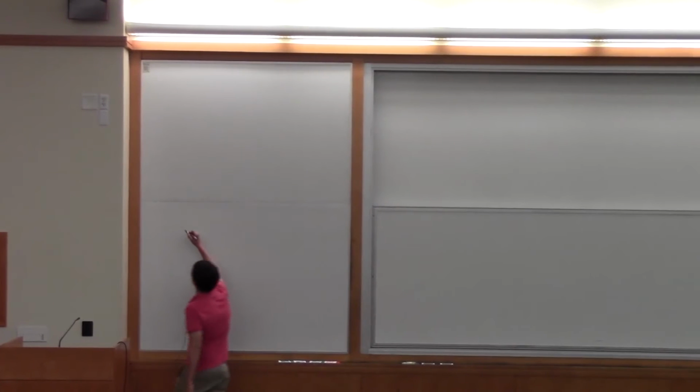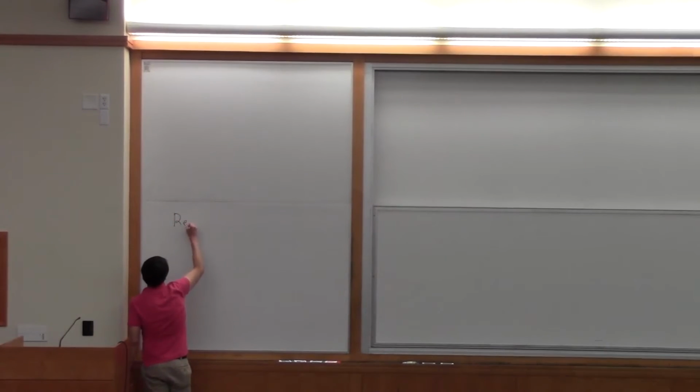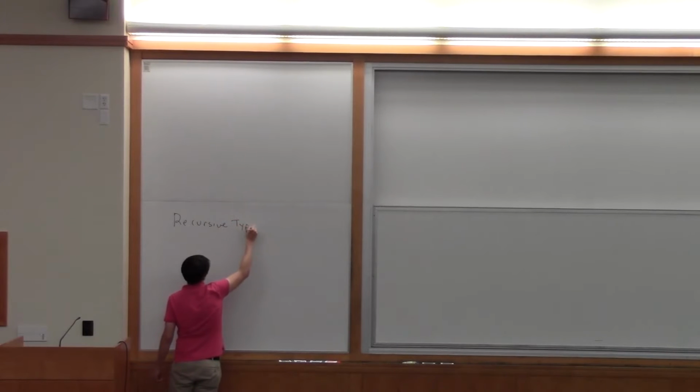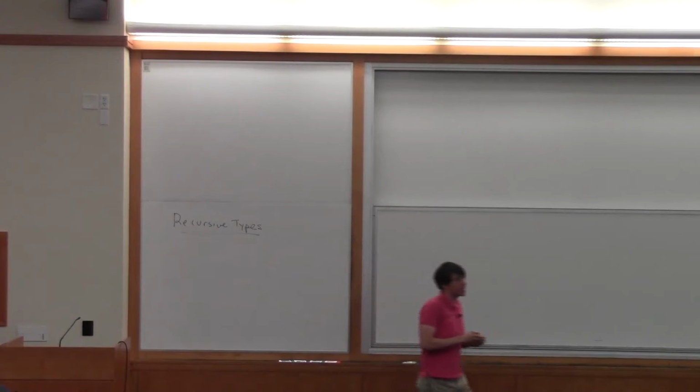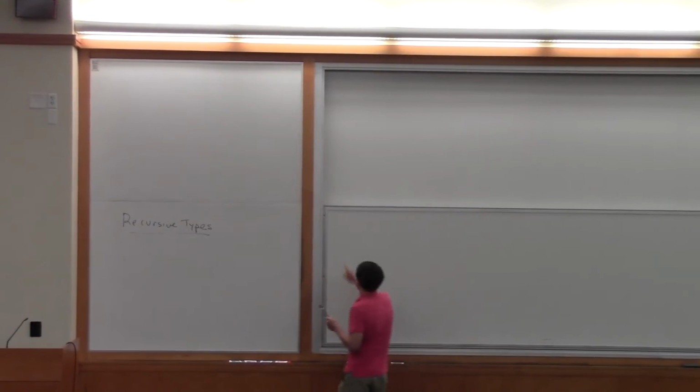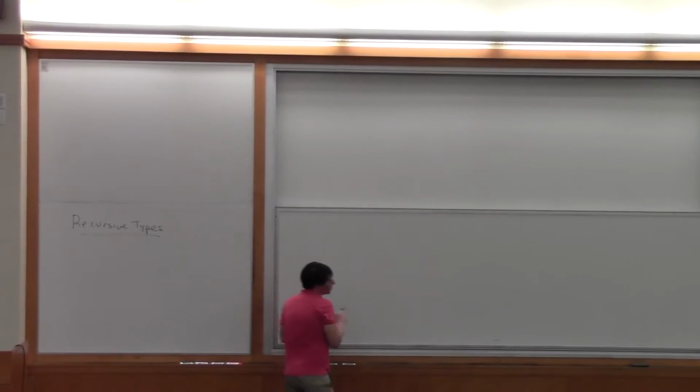So what I want to talk about today is the idea of recursive types, which are going to connect up to the previous lecture that Bob just gave on recursive programs. And what we're going to see by the end of the day is how recursive programs actually fall out of having recursive types. But before we can build up to that, I want to start with a few more basic